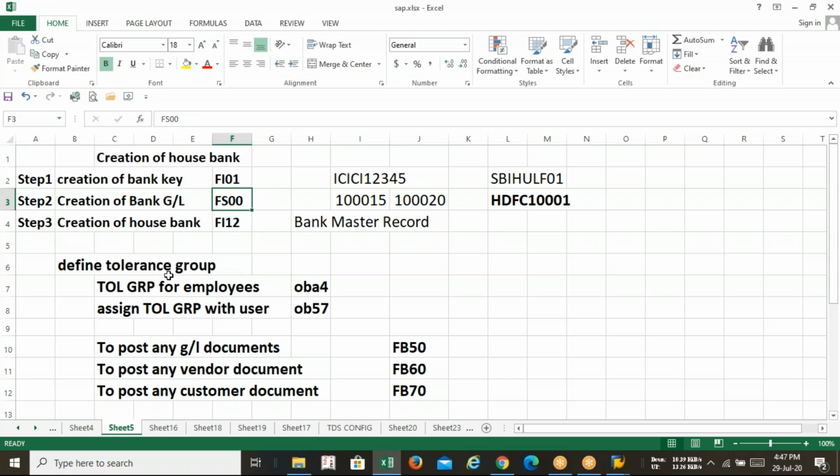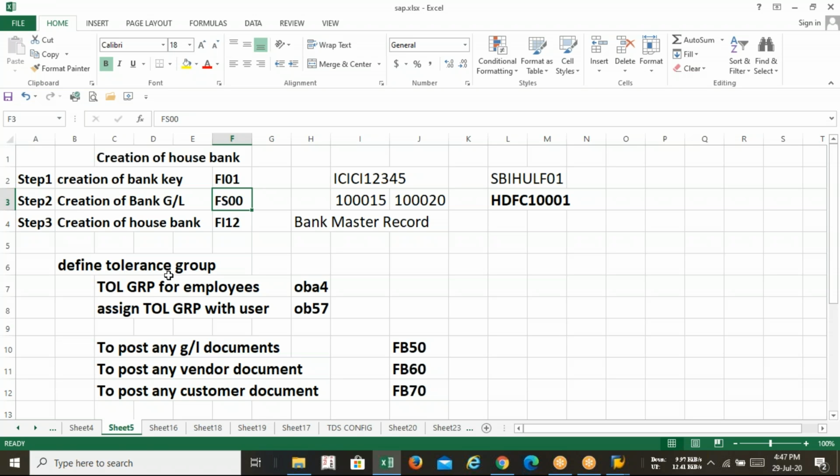And we all know that at the time of receiving payment, the bank account is getting debited, and at the time of making payment, the bank account is getting credited. So bank gets credited means we are making an outgoing payment, so there must be an outgoing payment GL. And we are receiving payment means we are debiting our bank, so there must be an incoming GL. In short, you have to create two separate GLs for your bank account, and both GLs will come under the asset group.